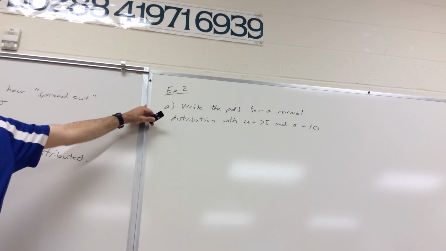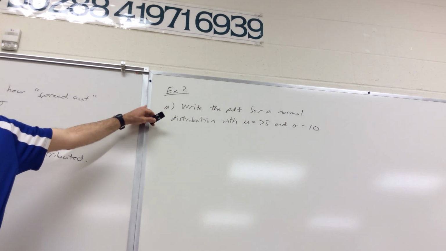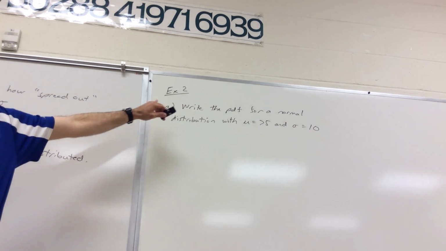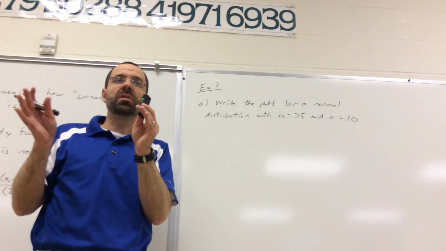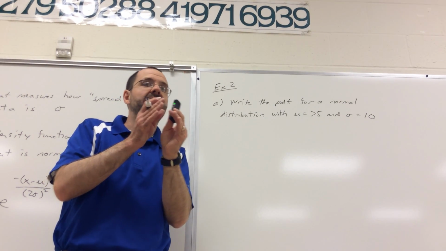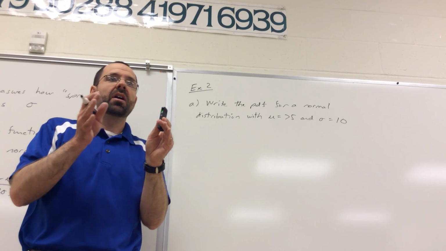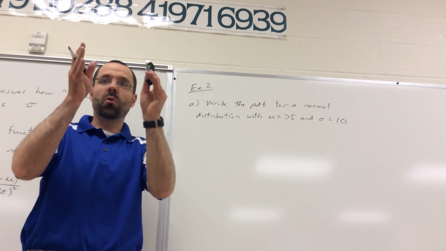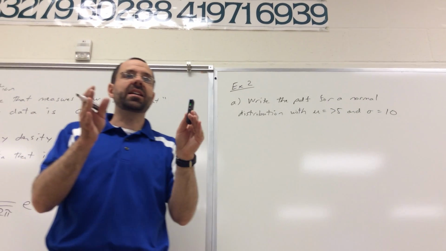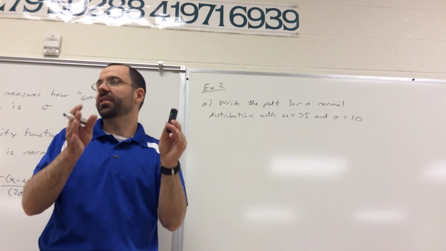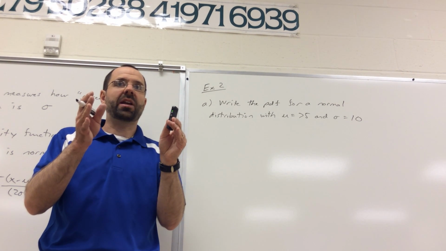Okay, so mu equals 75 means the average is 75. So it could be that this is a test, and the teacher calculated the average, and the average score was 75. And then the standard deviation equals 10. That means that if you go 10 below 75 and 10 above 75, a nice chunk of the students scored in that range. So from 65 to 85, a certain percentage scored in that range.